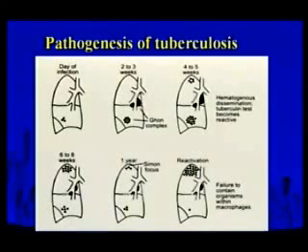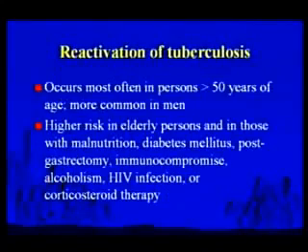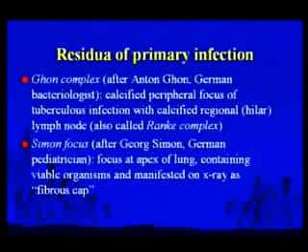You set up this lifelong host-parasite relationship, and eventually you fail to contain the organisms so they come out and reactivate. And so the usual classic TB is an upper lobe disease, cavitary disease. And these slides just tell you what I've just told you. The residue of the primary infection, the Ghon complex, these calcified peripheral foci, and the Simon focus at the apex